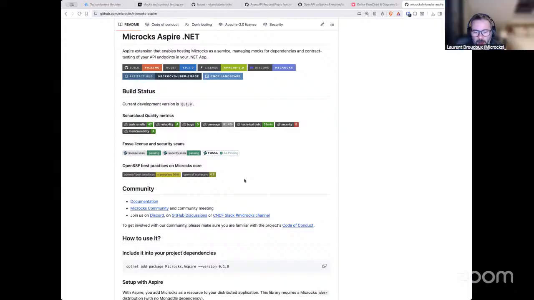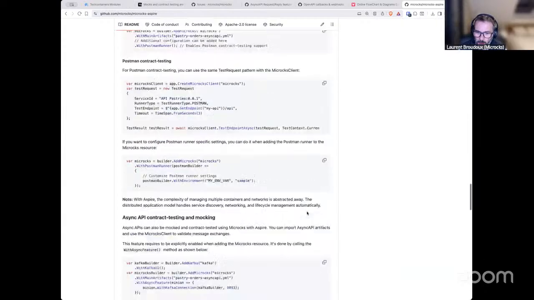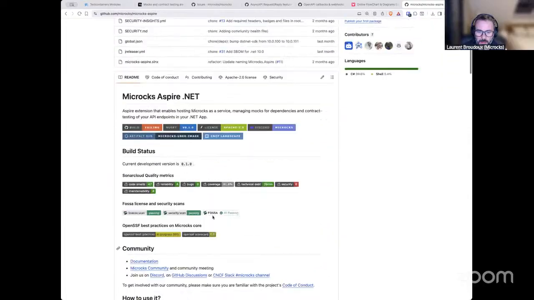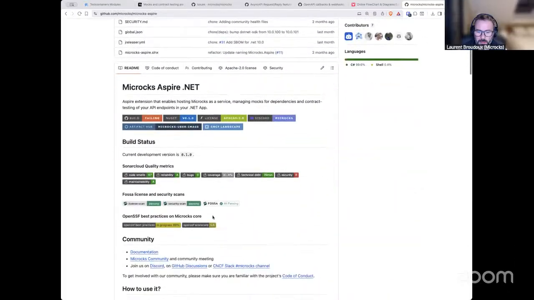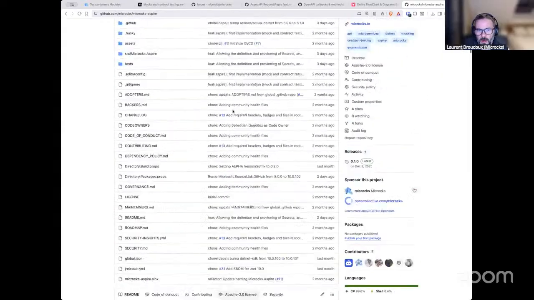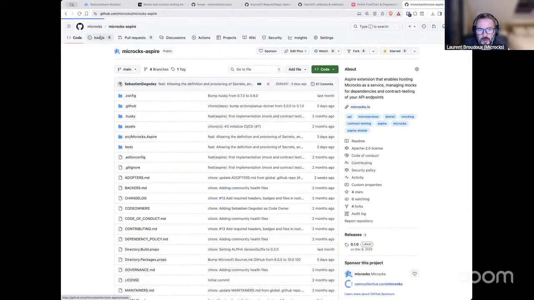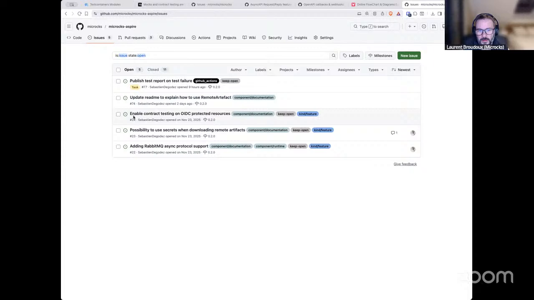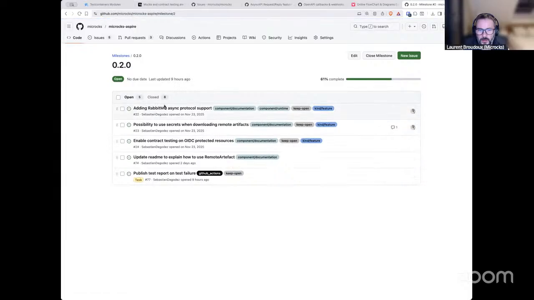Yeah, sure. So actually, all this green stuff will really be available when we release 0.2.0, because for the moment we have done just one release, the 0.1.0, and it was mainly to check that we were able to release. But we are close to the release of the next one. Let me check. Yes, it's some documentation updates, this kind of stuff, but we already shipped a lot of stuff in 0.2.0.